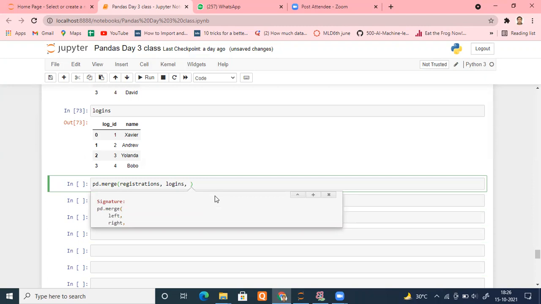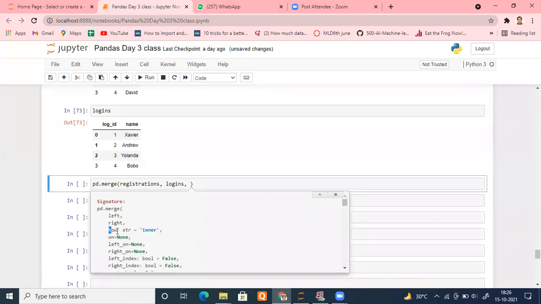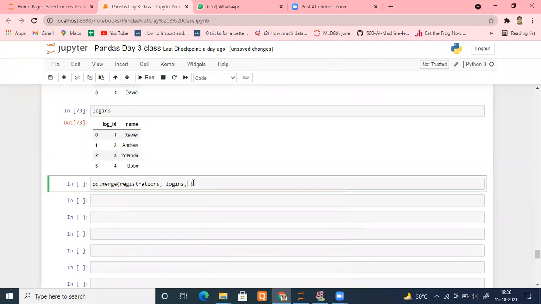By default, it takes the inner join. You can see how equals inner. So by default it is there even if you don't put it, but make a practice of writing it so that you never make a mistake. So what kind of join do we want? For example, inner join. How equals, I'm typing inner.